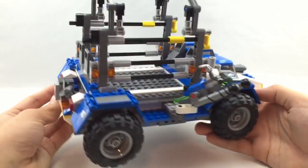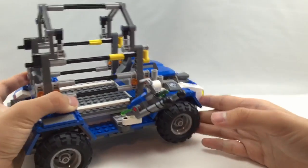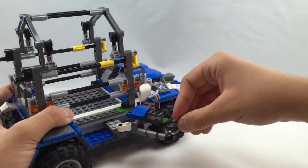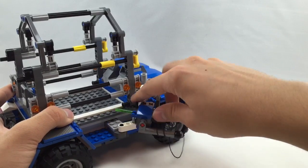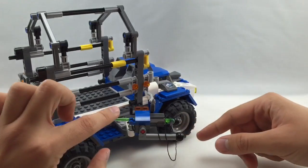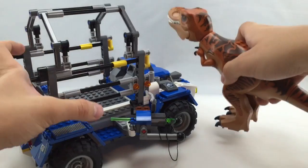And on the side, this is one of the main play features, where you have this little harpoon gun to shoot and take down the T-Rex. Basically, this part is on some ball joints, so you can move it all around right here, and side to side because it is on this Technic container. And basically what you do is you push down on this harpoon and you shoot at the T-Rex's leg. So we'll put the T-Rex right here